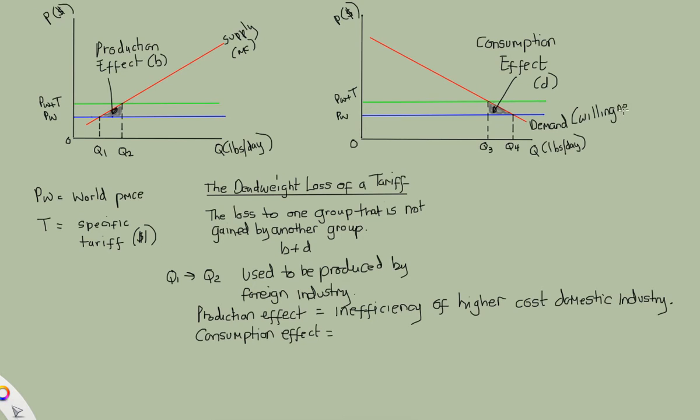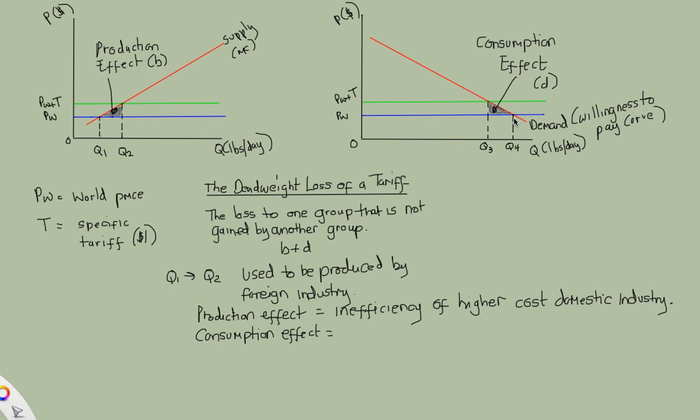It's a good sort of alternate name for the demand curve. And the units that go from Q3 to Q4: in the absence of a tariff, the consumer is able to access Q4 units of the good, which is a good thing because our willingness to pay or demand curve shows us that they value these units more highly than they cost to produce. And we know how much they cost to produce because we can check along the blue